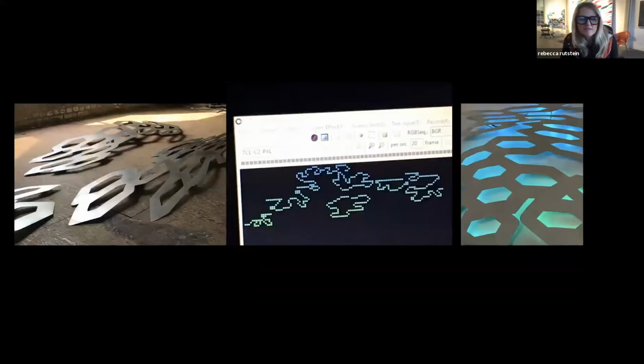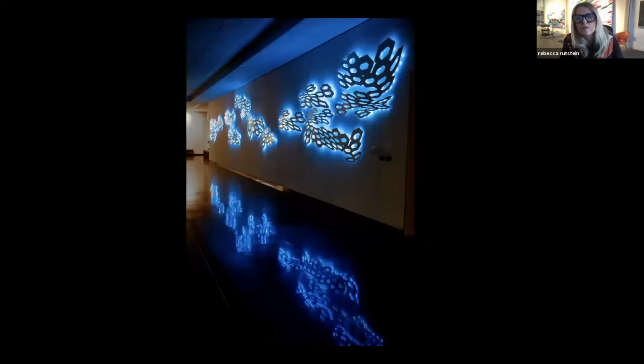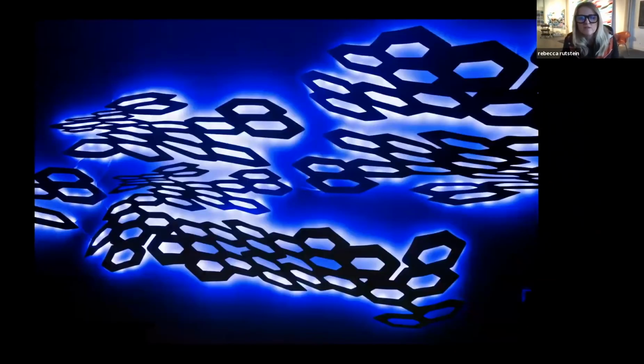And Shimmer is an installation that works with laser cut steel as well as an LED lighting program. And basically I worked with video footage of a particular organism that creates bioluminescence. It's called a siphonophore, and it creates these trails of light that I saw when I was in the submersible. And so I programmed the lights on the back of the sculptures to mimic what the siphonophore does. And so what happens is that when you walk by this piece, there are motion sensors that detect your motion, and then it recreates this experience. And so I can show you a little